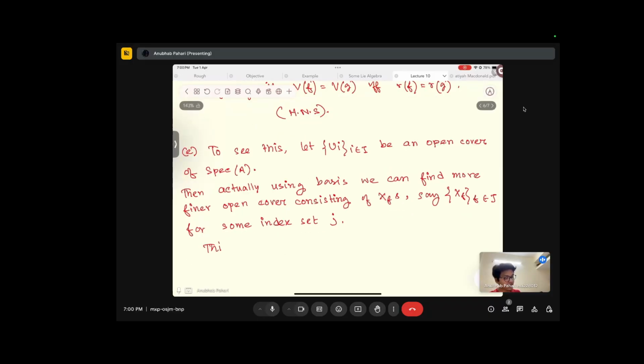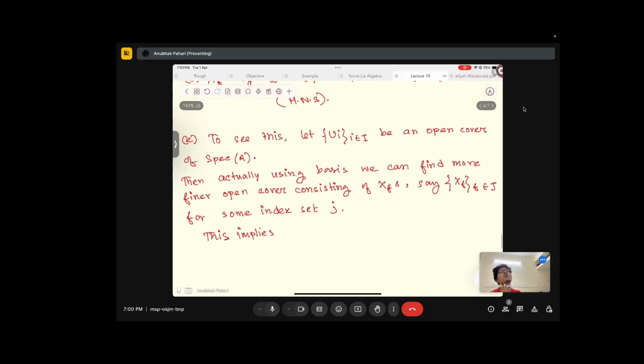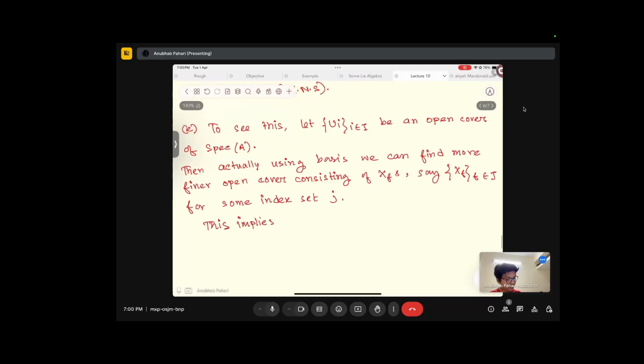This implies Spec of A equals the union of Xf, f belongs to J, right? Union of Vf complement, f belongs to J,